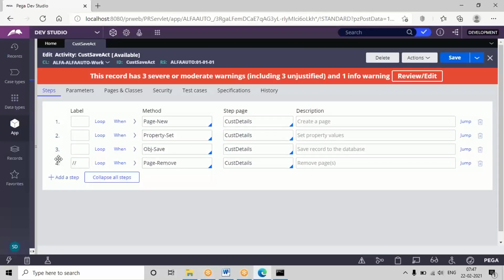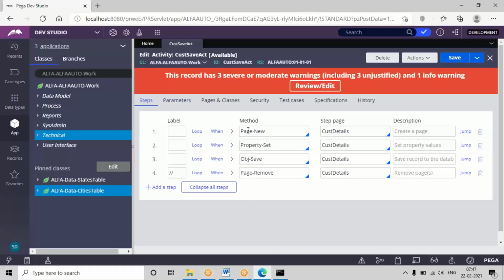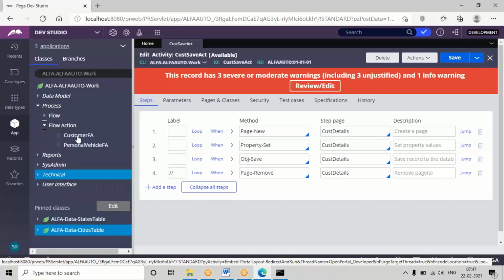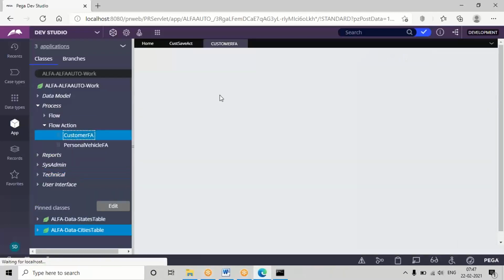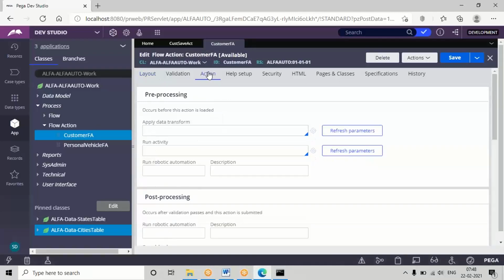For this scenario, we'll be calling this activity in the flow action rule. These properties are under customer design, so open the customer flow action. Activities will be called in the action tab.